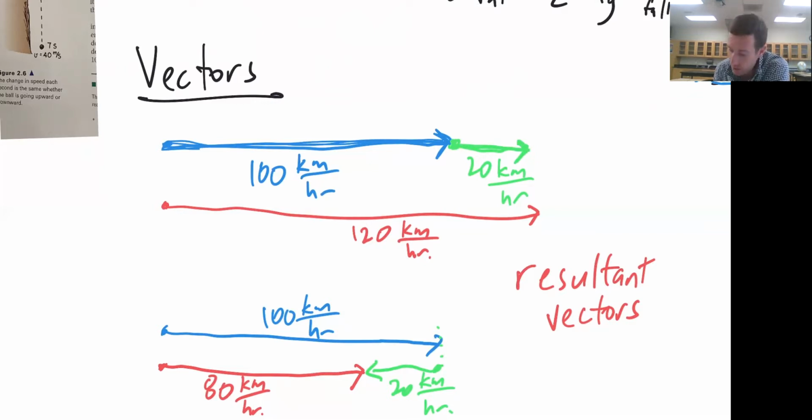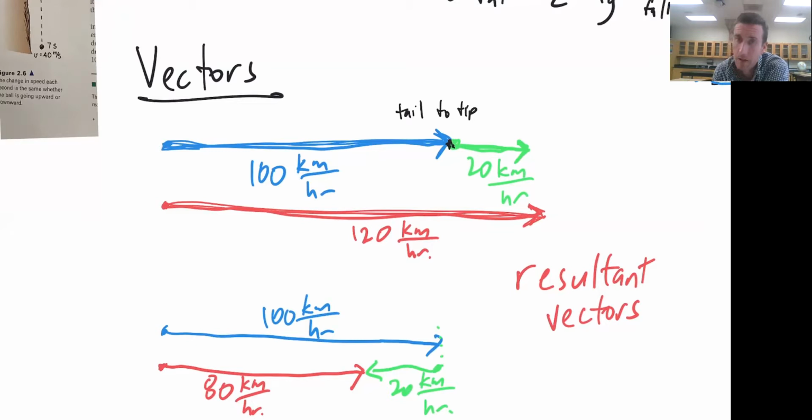And then I've put them tail to tip. So tail to tip vector addition means I take the tip of my first vector and put the tail of my second vector up against it. Then when I add them together, I can say, okay, 100 plus 20 gives me a grand total of 120 kilometers per hour. So if I have a plane that's traveling at 100 kilometers per hour, and then it has a tailwind blowing behind it, pushing it along at 20 kilometers per hour, the plane's total speed with respect to the ground would be